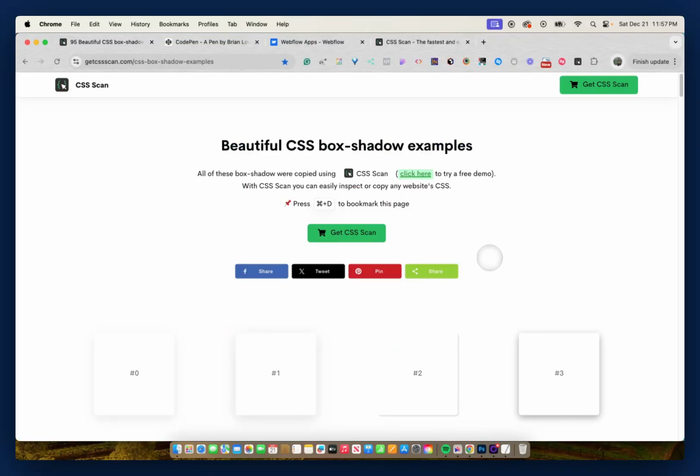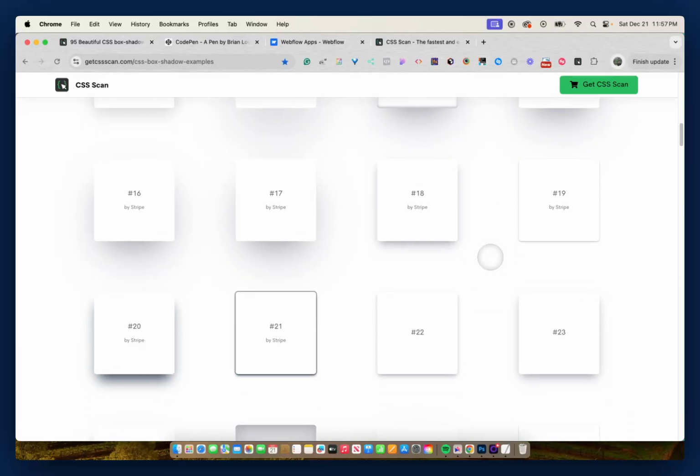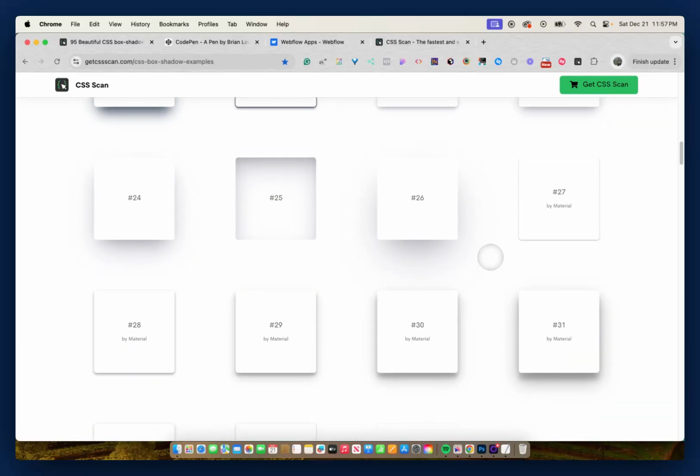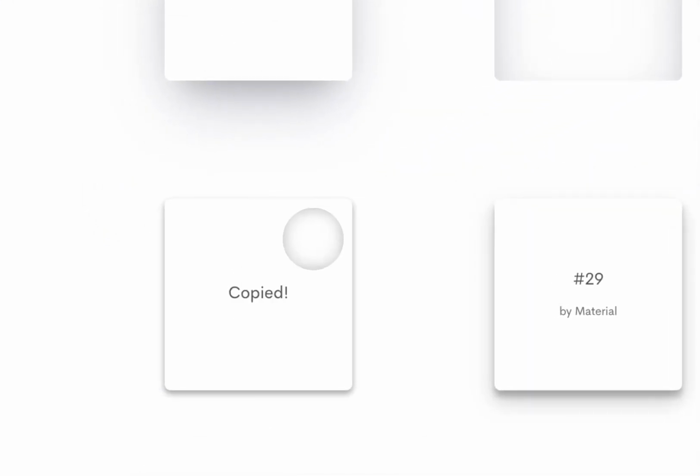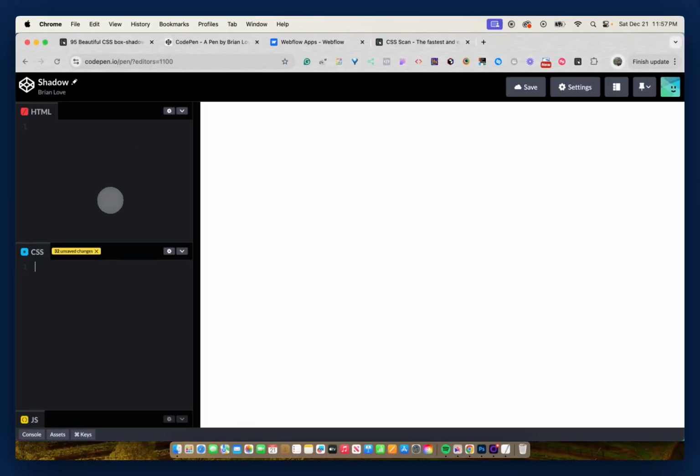Beautiful CSS Box Shadow Examples by CSS Scan, and what this is, it's basically a component library of just box shadows. So to illustrate, I'm going to select number 28, and when I click it, it will be copied to my clipboard, and then I can head over to CodePen and just paste in the CSS, and I can copy